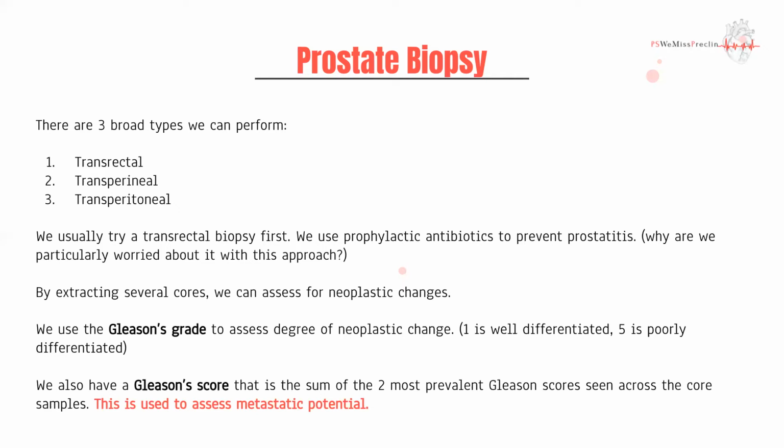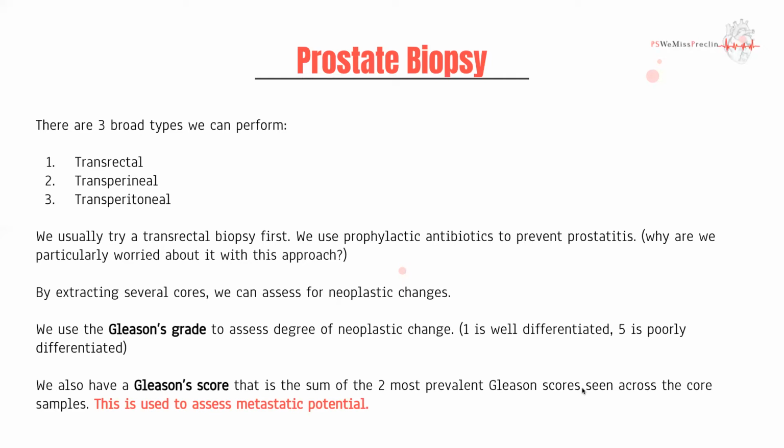We also extract several cores, and cores are just the type of sample we take. And we assess for neoplastic change in all of them. So we take about 10 to 15 cores, I believe, and we assess for changes. We use something called a Gleason's grade to assess the degree of neoplastic change. So 1 is well differentiated, which is good. 5 is poorly differentiated, which is bad. We then use the Gleason score, which is the sum of the 2 most prevalent Gleason's grades